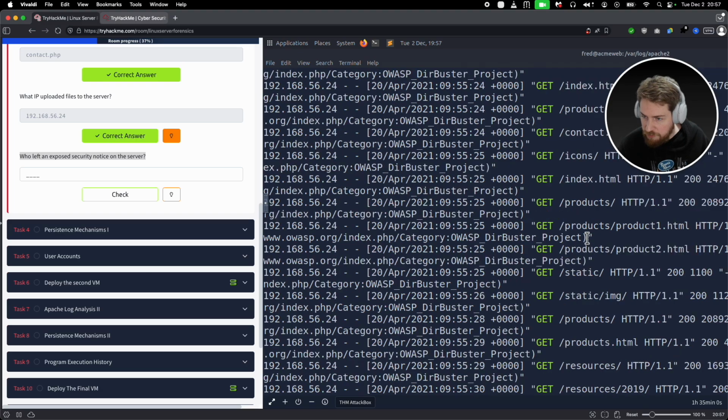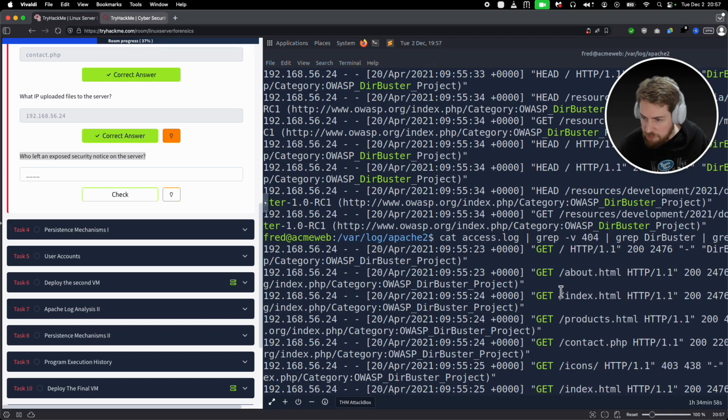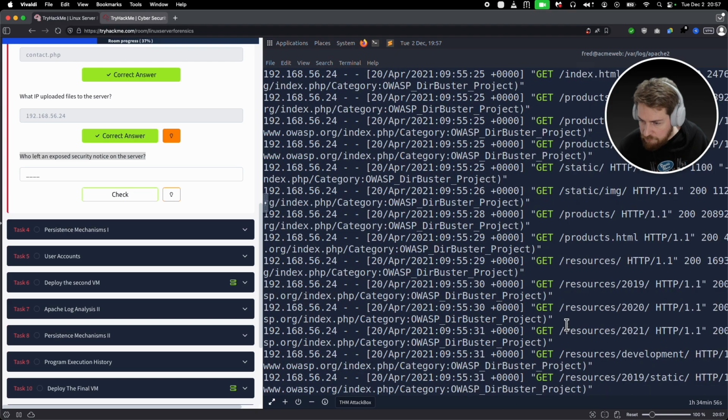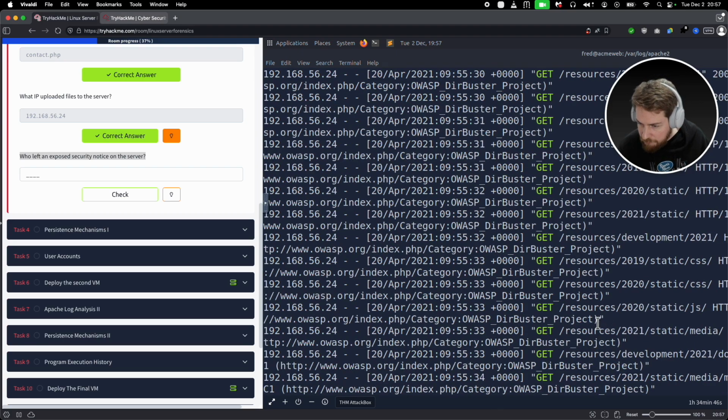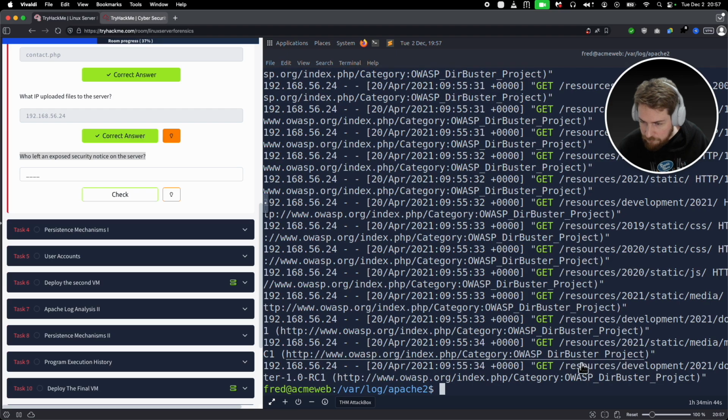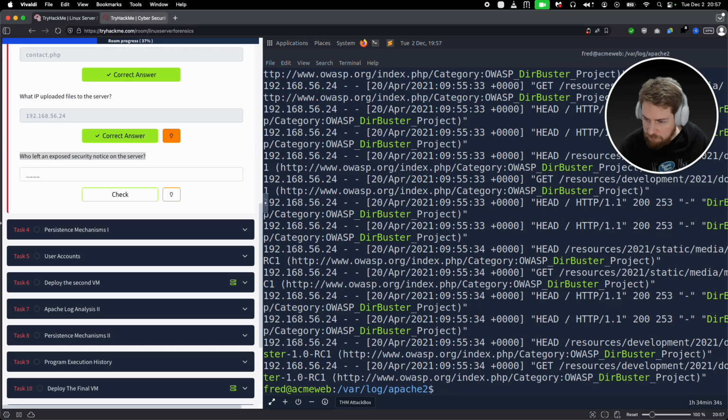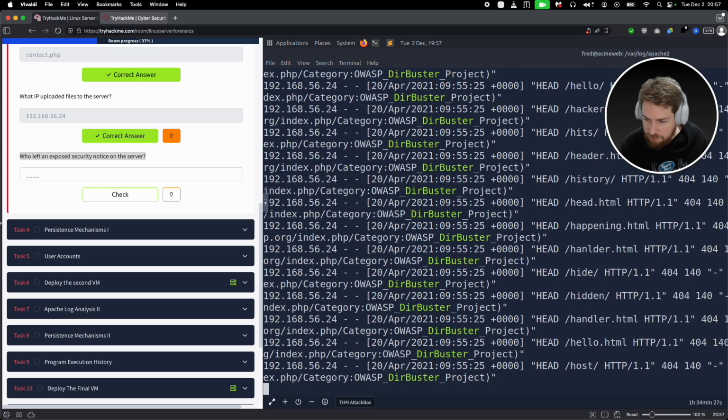Now in this list somewhere we might find this security notice. So in this case we see many different get commands. So there's folders inside folders on the computer. You'll see resources, developments, 2021, many different folders inside another, but no security notice yet. So what we could do, let's say we filter this on Deerbuster again, and it might take a bit of fiddling with these commands. Let's say we only filter for Deerbuster,